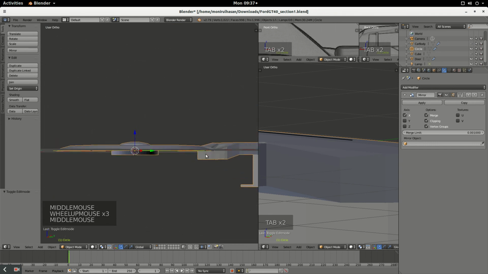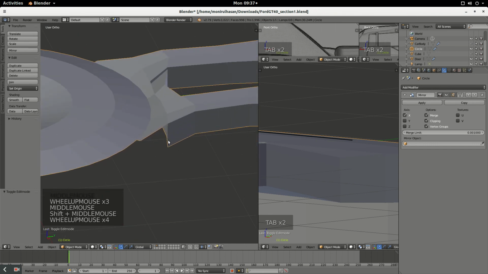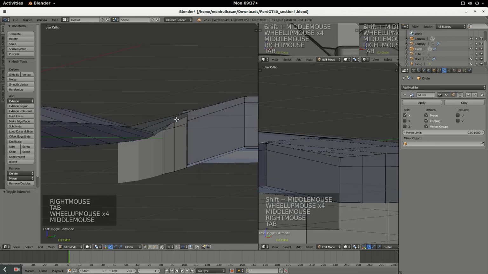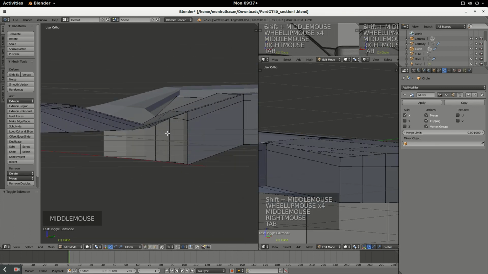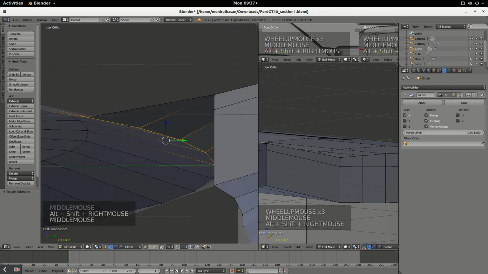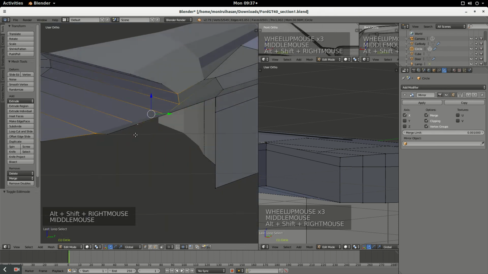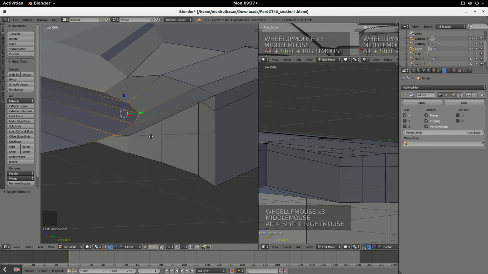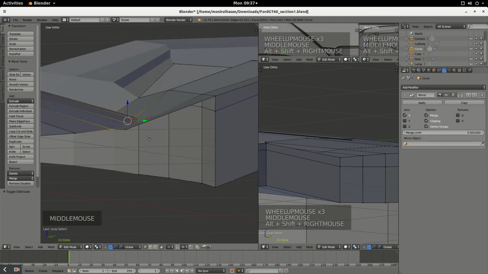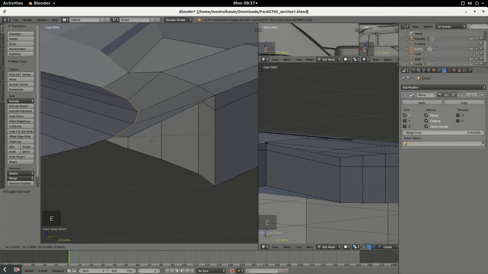Okay. The problem that you notice right now is that if you go into edit mode, we have 2 layers here, but we don't have the same sort of depth information at this point. But that's not really too difficult to manage. What you can do is select this entire loop that we got. Extrude that down